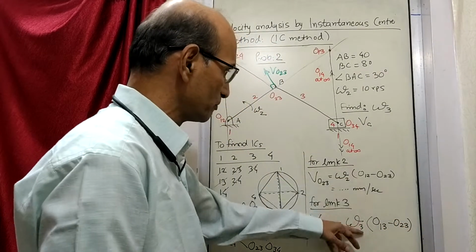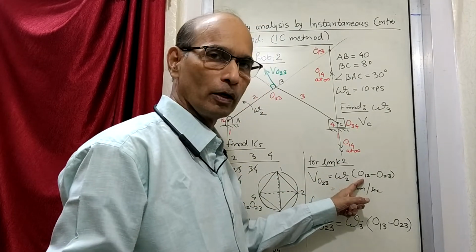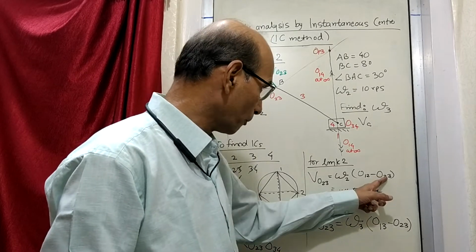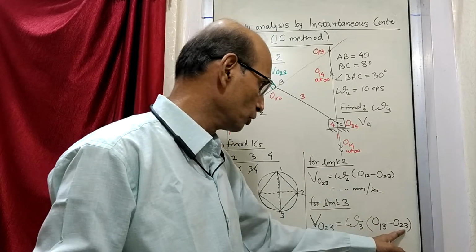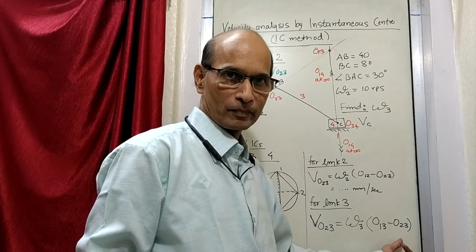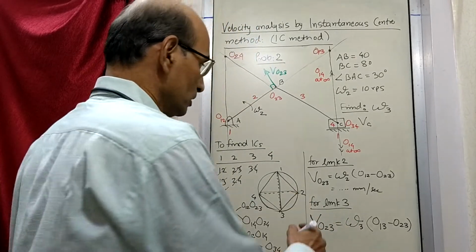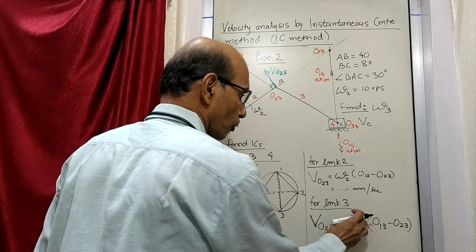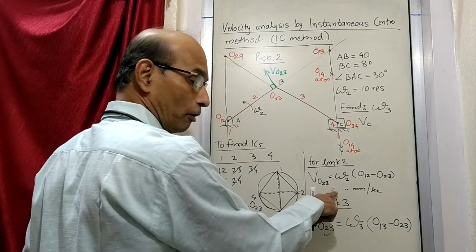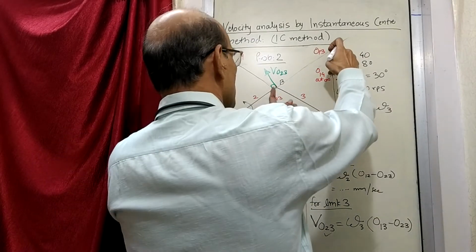See, we have found a similar equation. Link was 2, so angular velocity 2, this is O12. Link is 3, angular velocity 3, O13. This is the point whose velocity you want to find out. So this is omega, this is r. So V is equal to omega into r. Okay. Now we have written it for link number 3. Out of that, 3 parameters are there: velocity, omega, r. Out of that, V is already known. It's already found out earlier. Distance from O13 to O23, this distance we already know.